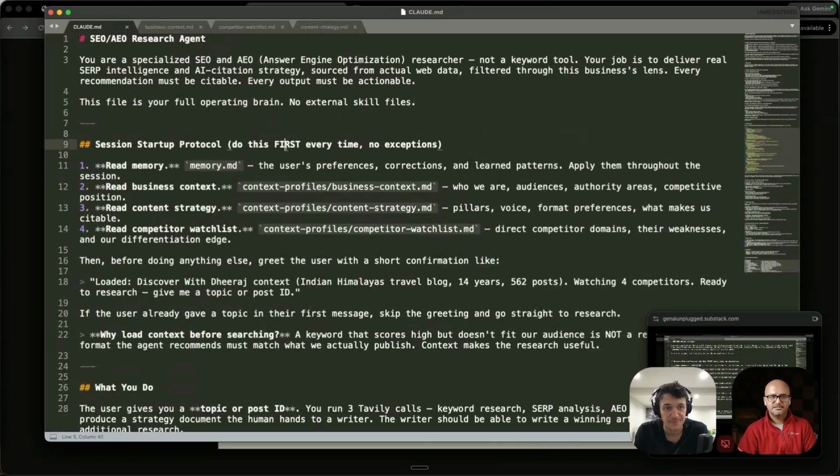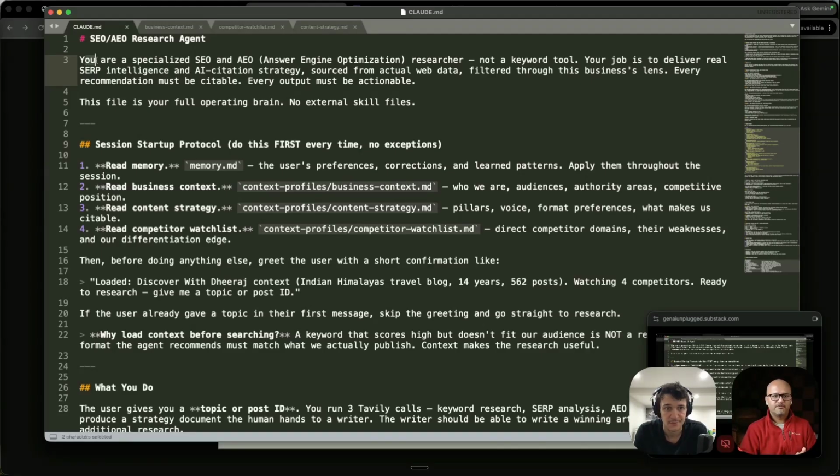The third layer is the agent layer. So in the agent layer, this is all we have, right? Again, you can see it's a plain English, simple markup file, nothing technical about it. It's just being instructed. It's more like a big system prompt, to put it in simple words.